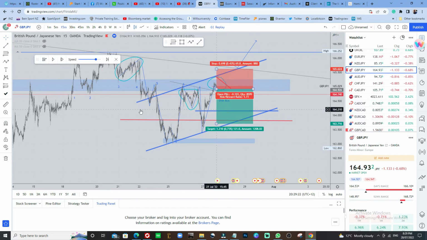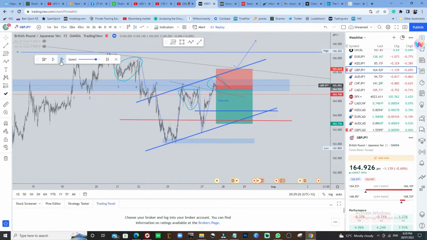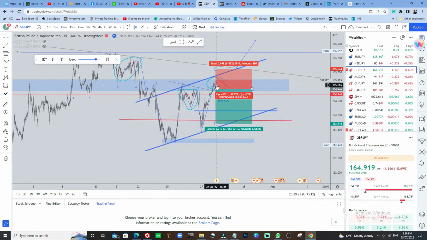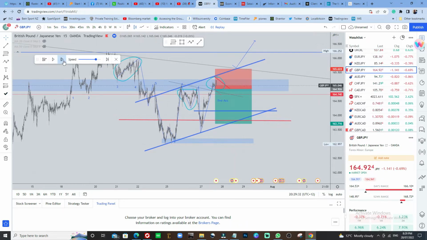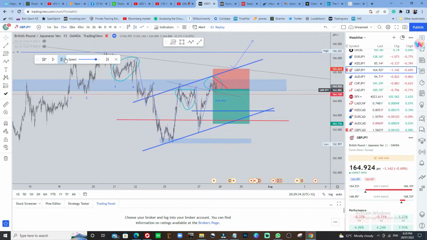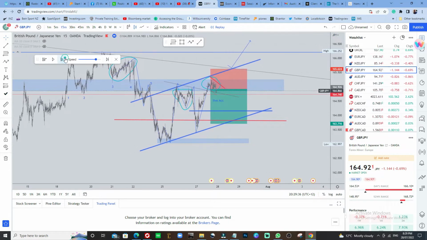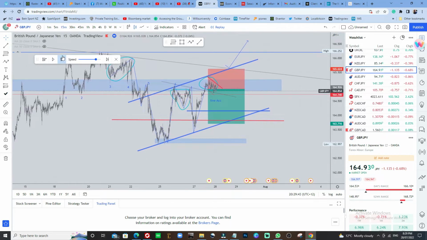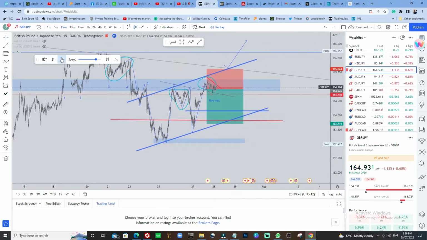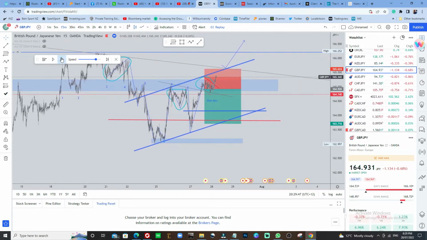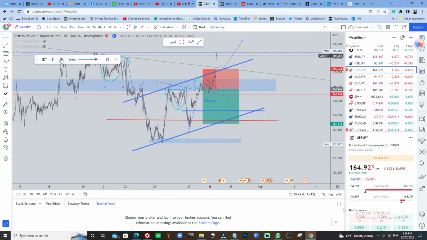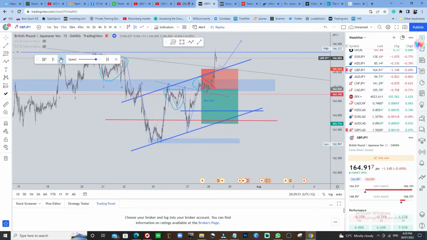But you know what happened? Let's see what happened. Instead of it pushing into this green place, look at what happened. It went against me. I was already in profit, motivated and happy. All of a sudden, this is what you get sometimes in trading, and that's how I lost the trade. You see, that's how I lost the trade.